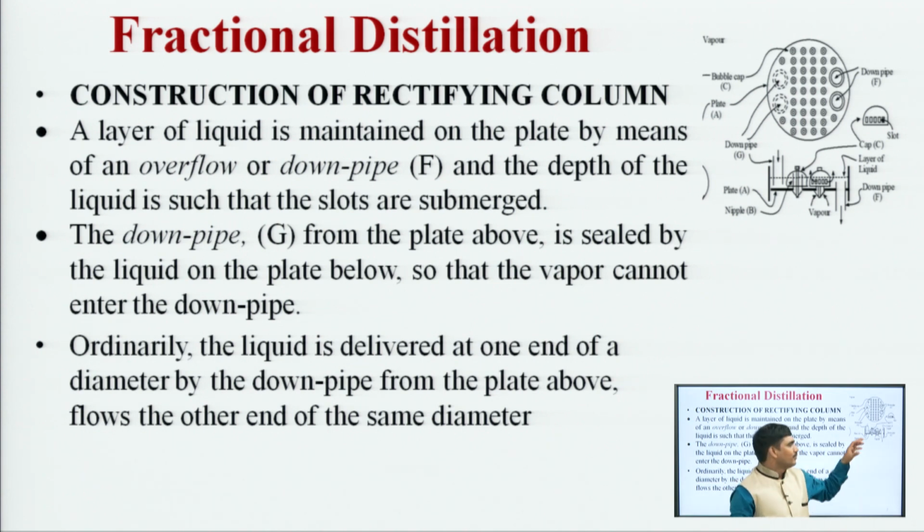Okay. The down pipe G, that is this one on this side, which is coming from the plate above, is sealed by the liquid on the plate below, so that vapor cannot enter into the down pipe. Since vapors are coming from these slots, if this liquid is not present here, if the level of liquid is not this much,